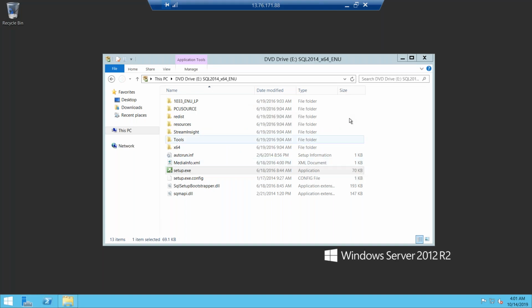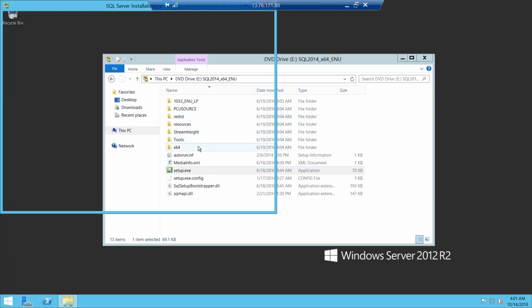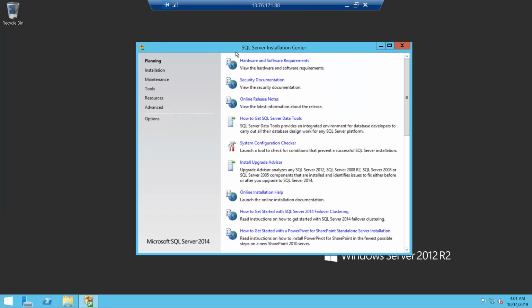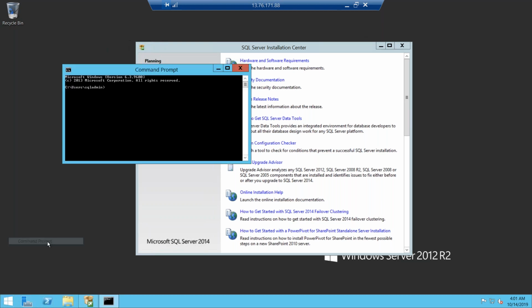So what we are doing, we are installing SQL Server on this database server. Now, before you install, this is the mandatory step you have to do. Before you install, you need to open command prompt and type whoami, just to make sure you are logged in to this computer with the right account, lab/SQL admin. In case you are logged in with a local account or any other account, make sure you log off and log in with the right account. Plus, you also verify the host name